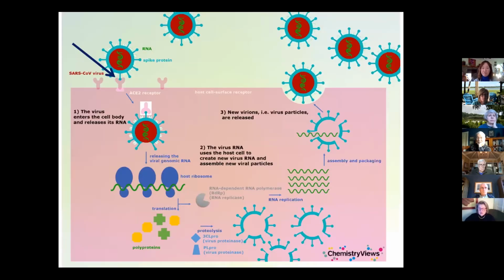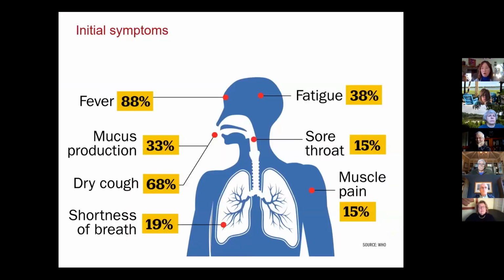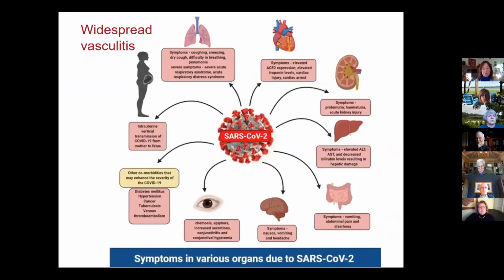A little bit more biology: this just shows the arrow where the spike protein attaches to the surface of the cell, which allows the rest of the virus to enter the cell. The virus essentially hijacks the cell's machinery for making more viral particles and then releases a number of new viruses. You probably know that the initial symptoms sound a lot like influenza. You get fever, cough, maybe shortness of breath, aching all over. And some people have no symptoms at all. Most people have mild to moderate symptoms. Unfortunately, some people get severe symptoms.